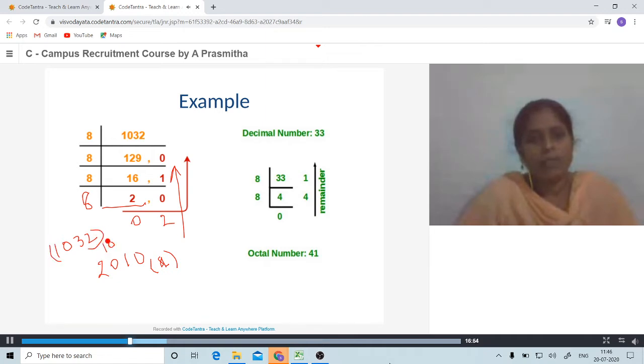The base value for decimal is 10 and the base value for octal is 8. Hope you understand this.